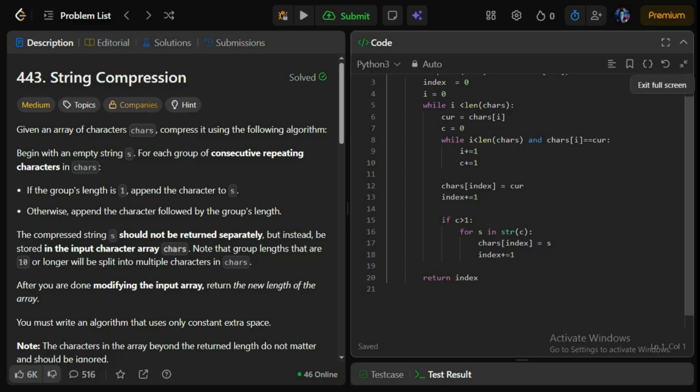Here we are given an array of characters called chars and we have to compress it using the following algorithm. Begin with an empty string S. For each group of consecutive repeating characters in chars, if the group's length is 1, then we append the character to S. Otherwise, we append the character followed by the group's length. The compressed string S should not be returned separately, but instead be stored in the input character array called